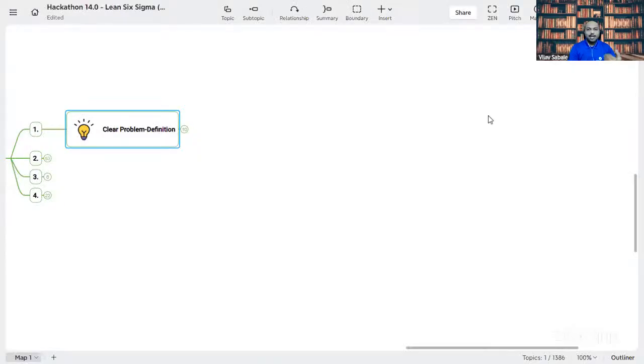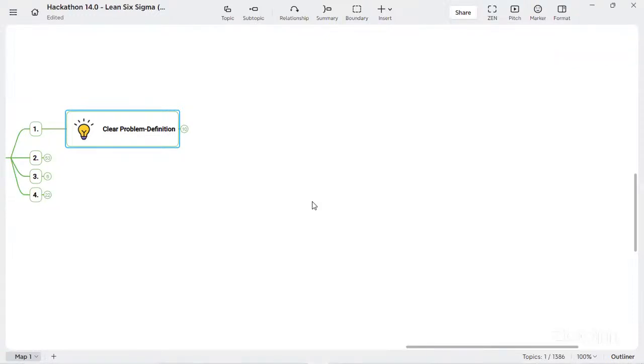Okay, let's come back to the mind map. Now we have gone into the detail and understood the first element of the root cause analysis, which is clear problem definition. In some time, I will also cover the presentation on the root cause analysis, and we are also going to understand the root cause analysis for the practical example, the project that we have initiated, where you will get better clarity as well. Do you have any question on this first element? Is everything clear?